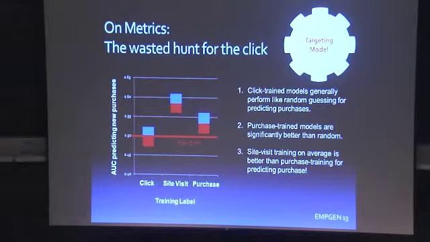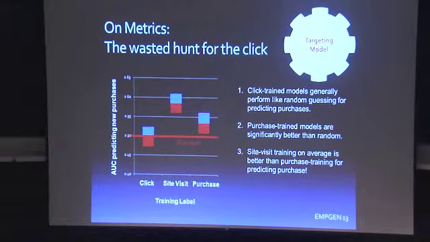Here's the first observation on the target variable. If purchases of luxury cars online are so rare, what else could I use to predict? Well, you can try to predict clicks on ads. Turns out, and we estimated this over a large group of campaigns, if you build models on clicks and then evaluate how well they rank purchases, they're exactly as good as random. So you may as well not bother.